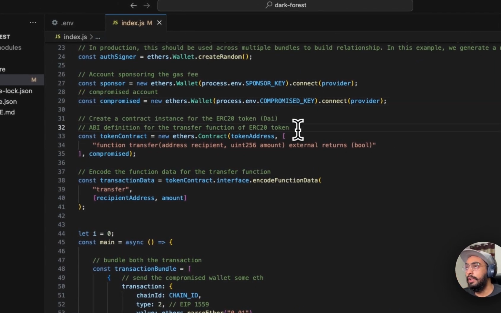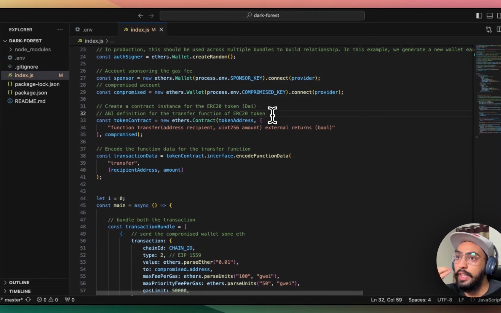So for this particular tutorial, as I just told you, we are going to rescue some DAI token. What I'm doing here is basically an ABI definition for the transfer function of the ERC20 token. In one of these transactions, we are going to call the transfer function of the ERC20 token, that is DAI, right? So